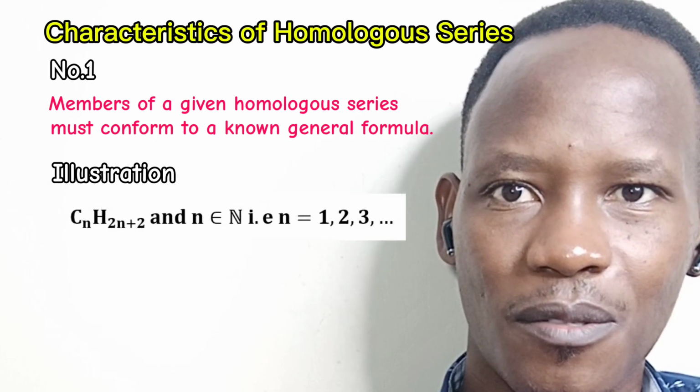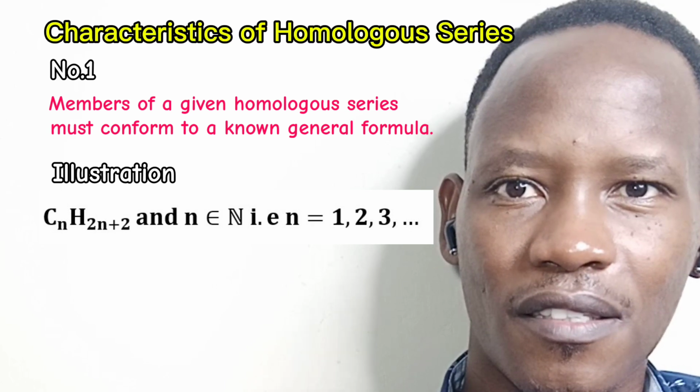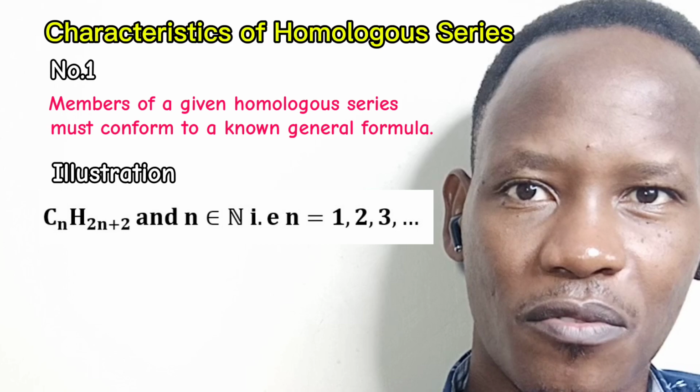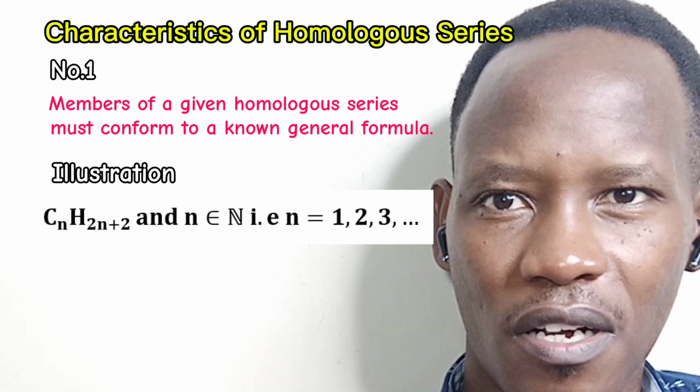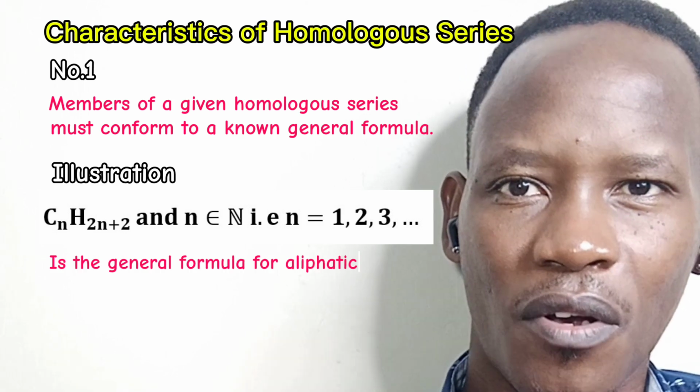The first one displayed besides here, whereby n is a natural number. That means n takes on the integral values 1, 2, 3, 4, and so on, is strictly the general formula